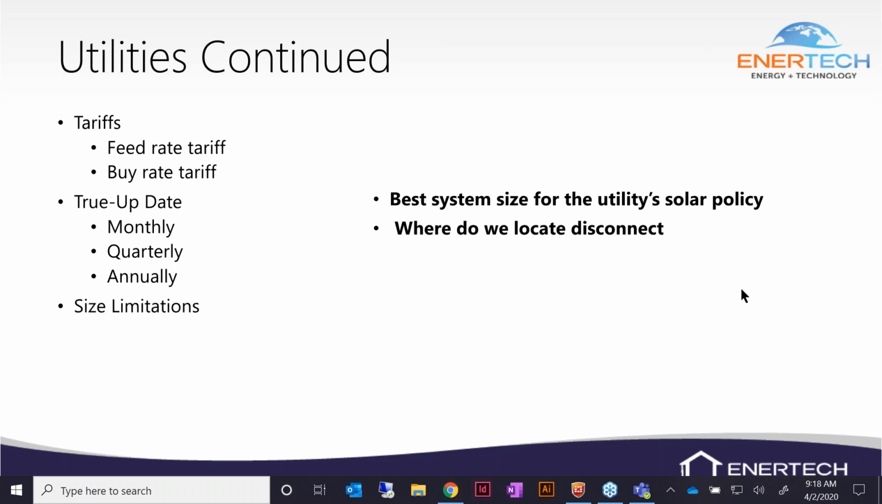And then lastly, utilities determine where you can locate your disconnect or safety switch. We will talk about that one later towards the end of the presentation today, but it's something you want to pay attention to. Some utilities are pretty strict with where the safety disconnect can be, and it may have to be within 2 feet of the meter. If that's the case,